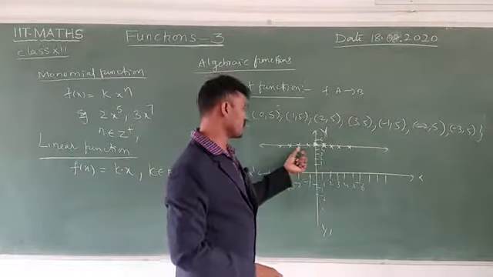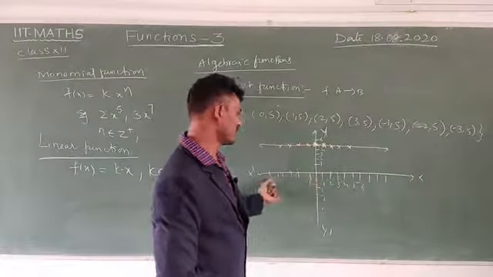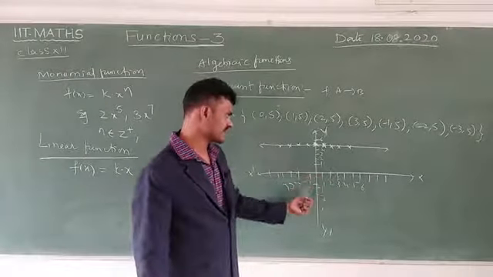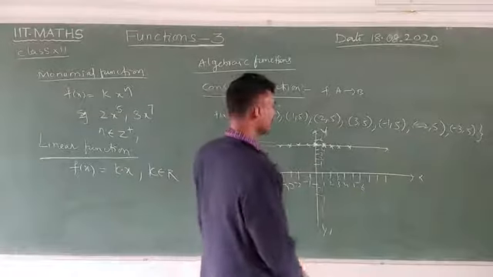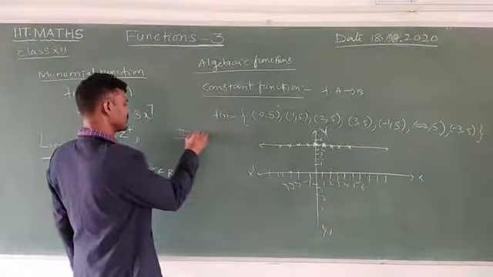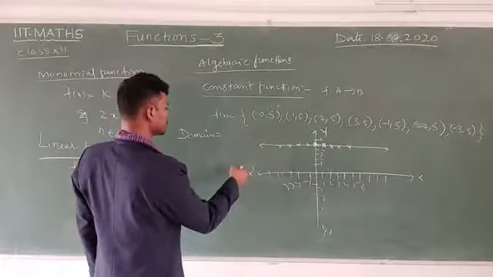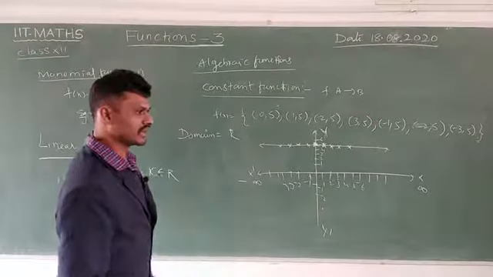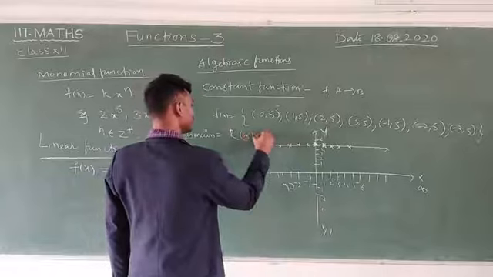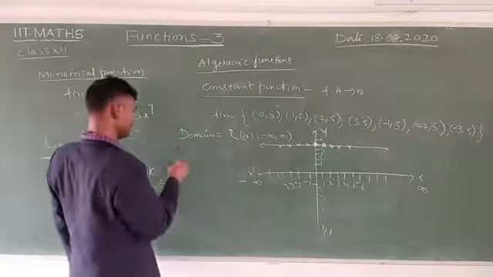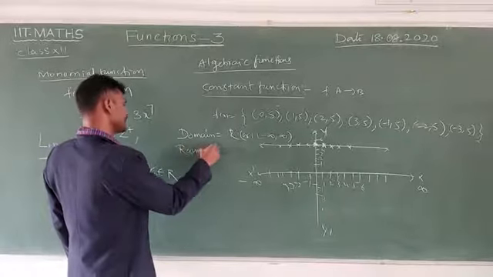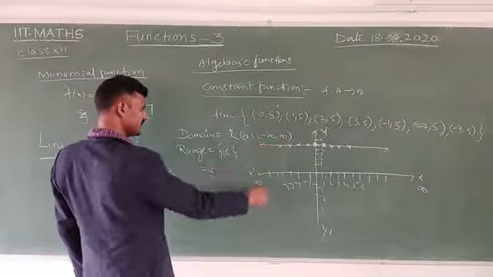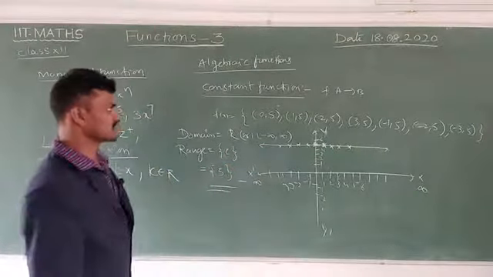Now all these points are assigned a single point. This is input, means x values, and all points are assigned only a single element, 5. Then here the important area is the domain. The domain of the constant function is minus infinity to plus infinity, the input values, the open interval minus infinity to plus infinity. Next, range. Range is only a single element, that is C, the constant. In this graph only 5, that is the constant. This is the constant function.